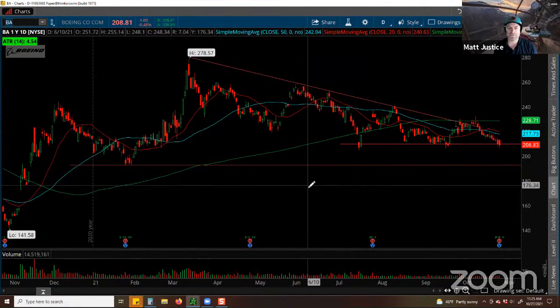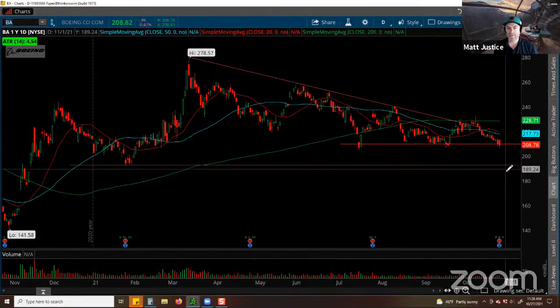Boeing reports a negative 60 cents versus the expectation of a negative 17 cents. Revenue came in underneath the expectation, 15.3 versus 16.5 billion. That resulted in an 8.1% revenue increase year over year. So there's a lot of bad in these raw numbers. We got a miss and a miss. So why not the Lockheed Martin? Well,